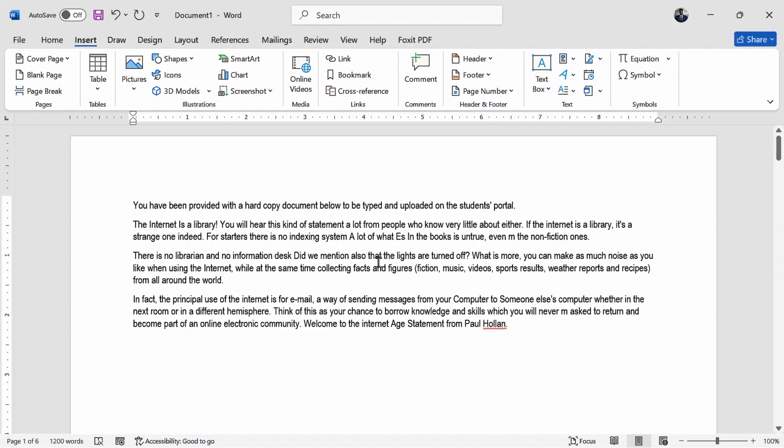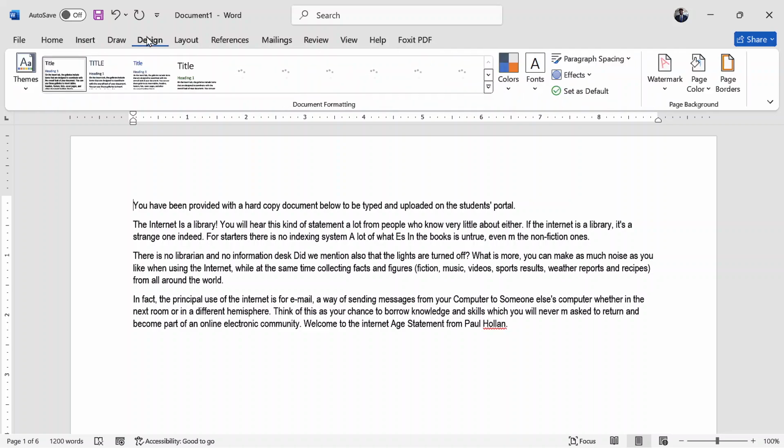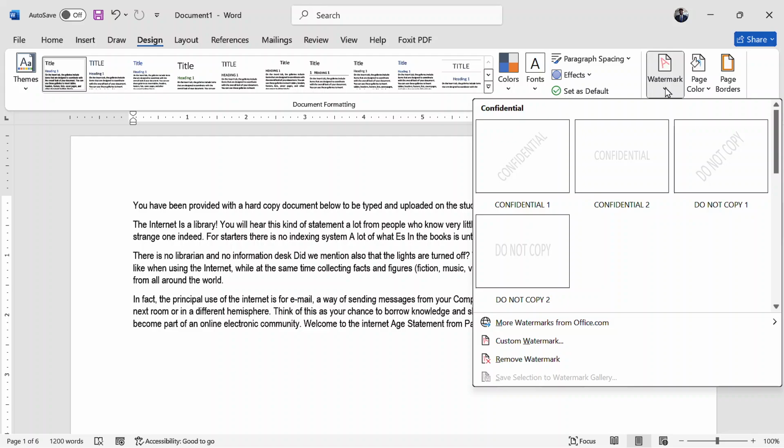Put the cursor where you want the watermark to be, then go to the design tab. The watermark is always found on the design tab. So tap on design. Under page backgrounds, you can see watermark, page color, and page borders. You tap on watermark, and you can use any of these.